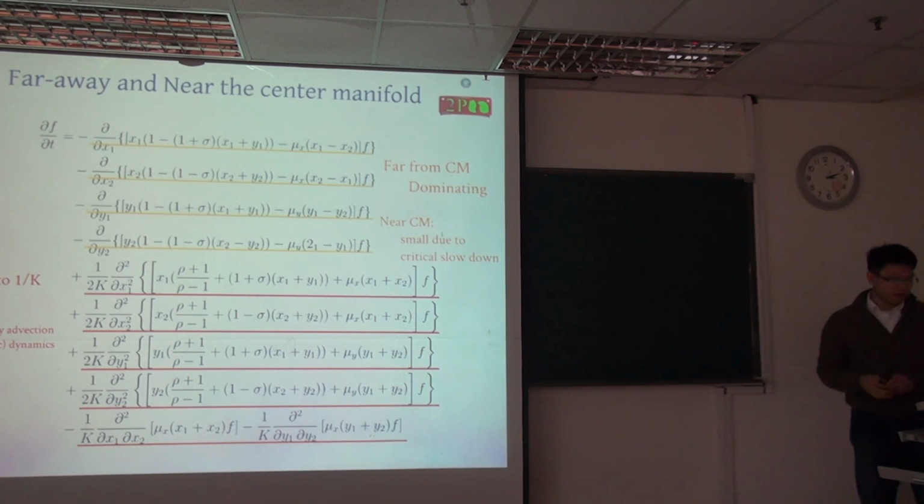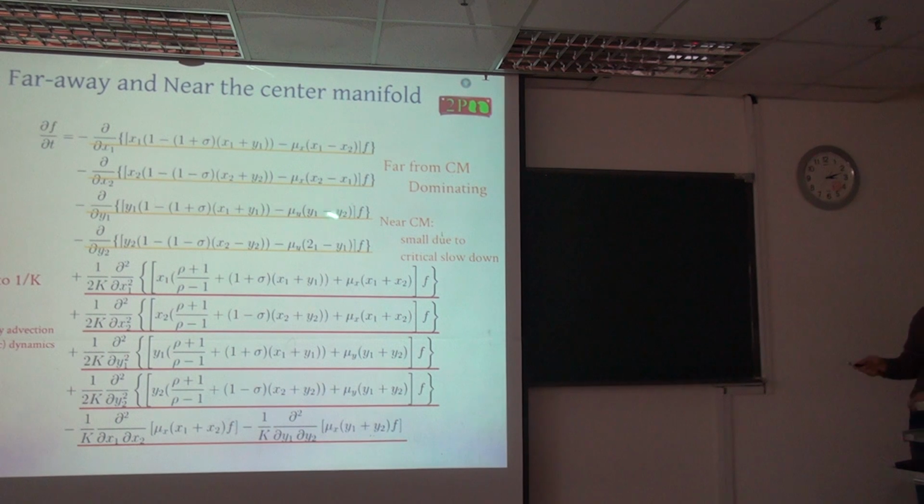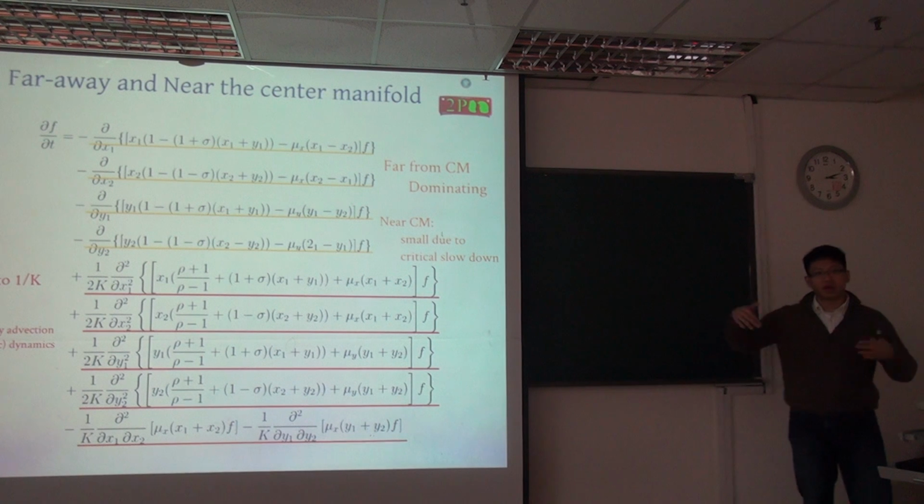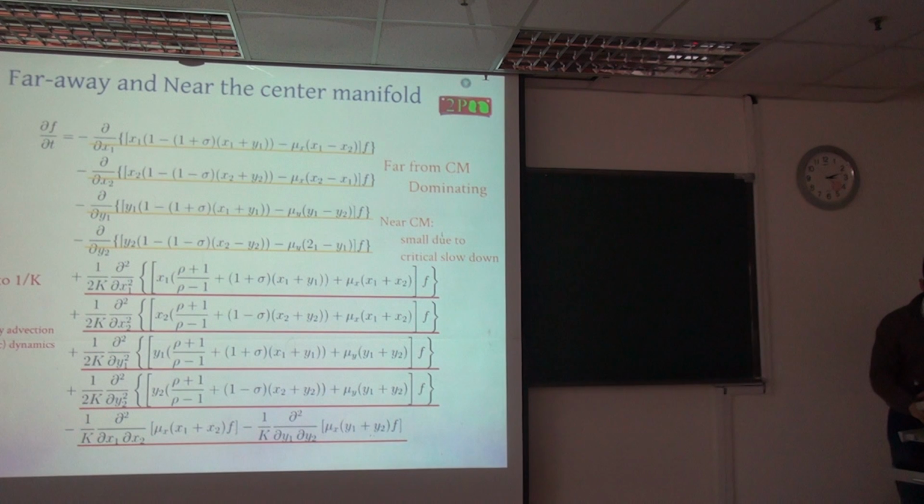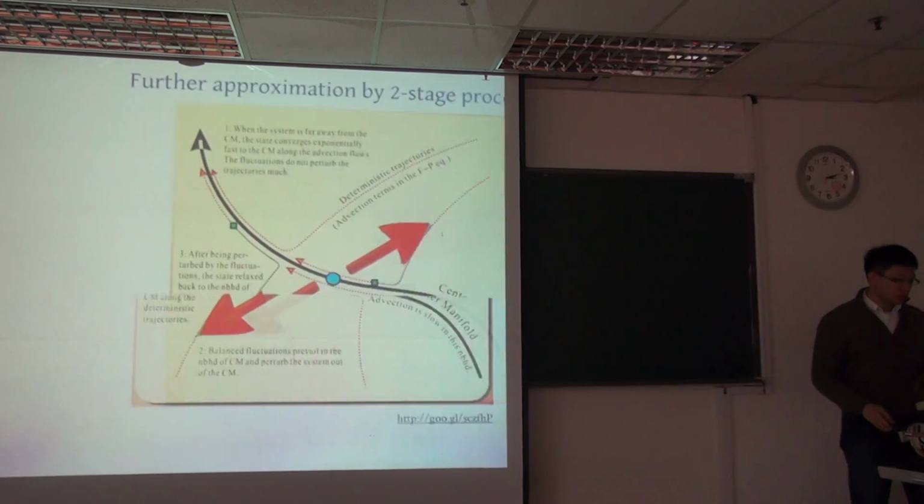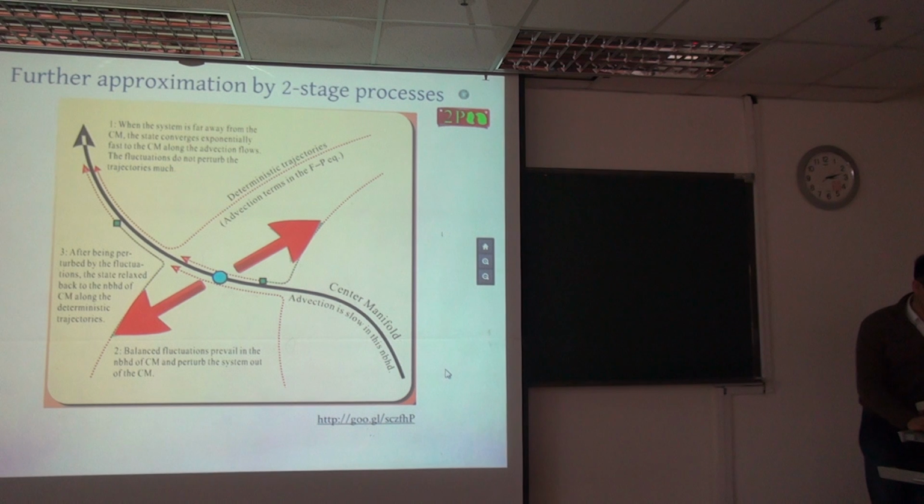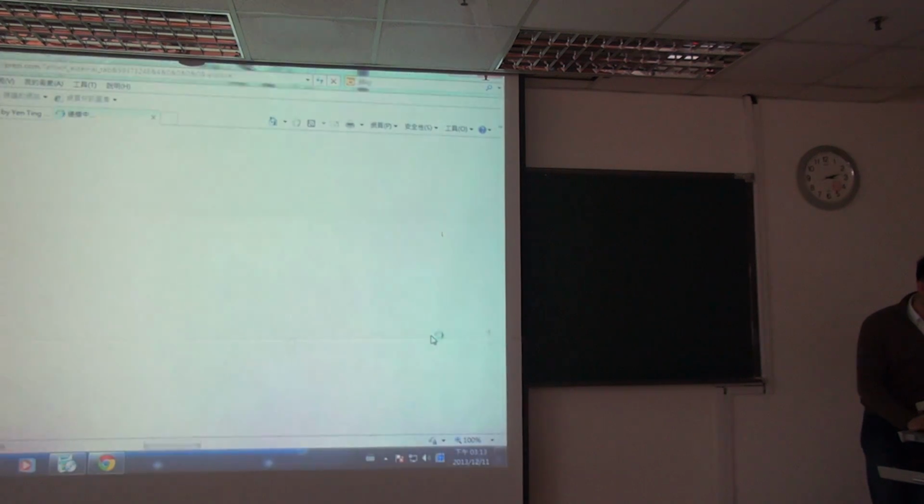Nevertheless, when it is near the center manifold, these terms are going to be small due to critical slowdown. Critical slowdown is just the motion that I showed you, that when it converges to the center manifold, it becomes very small, slow, so these terms are going to be small. And that is when these terms come into play, then we have to consider this term. And then in that regime, we don't care about these golden terms. We only care about the red terms. So at the end, this is what we develop, a system where